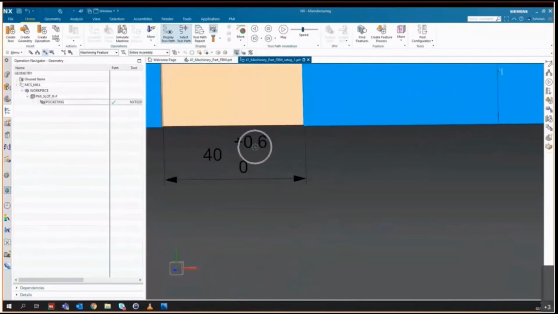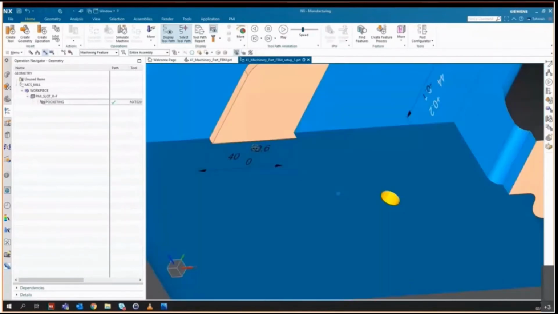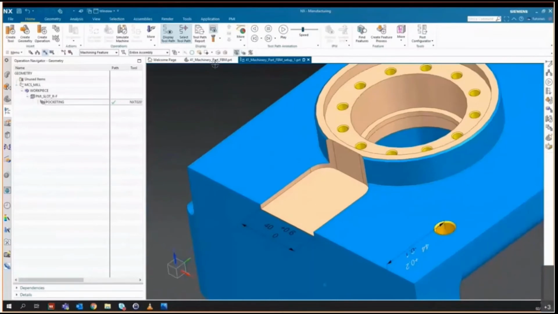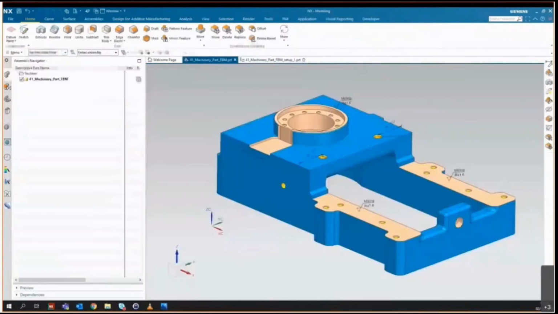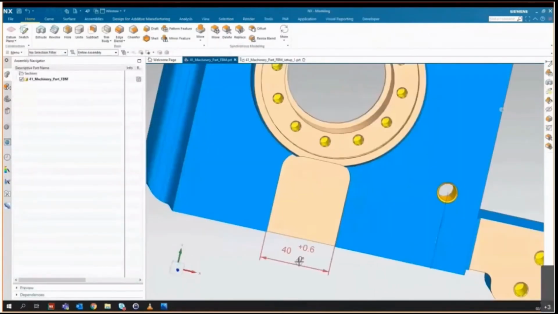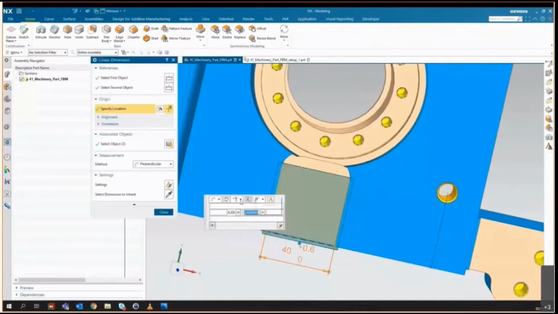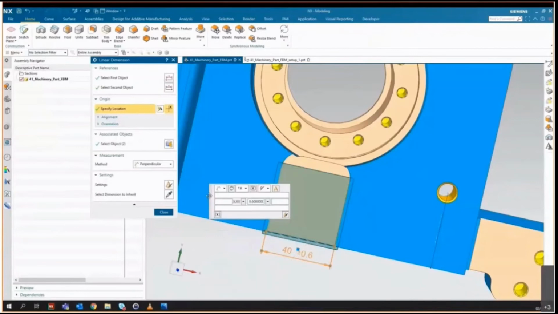So going back a step to the start of the process where I showed you that we have associativity with design, if I just jump back into the design part, say the designer's made a change, they've decided that this is a dowel or something that slides into this slot that needs a tight finish, we'll change the tolerance to a bilateral plus or minus 0.05. So they give us a tolerance band of 0.1.